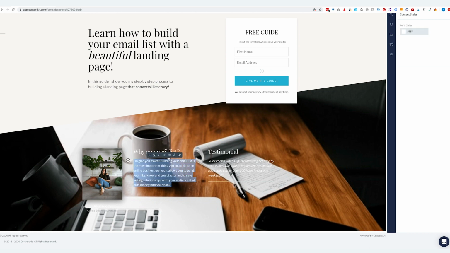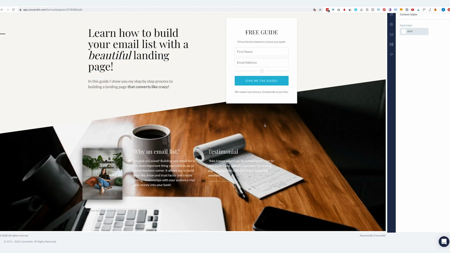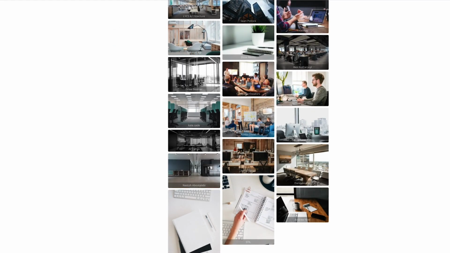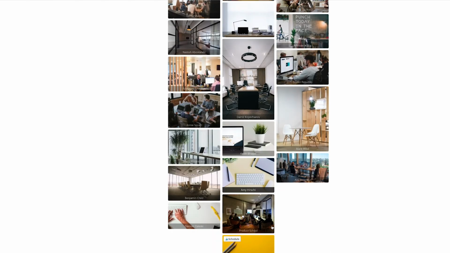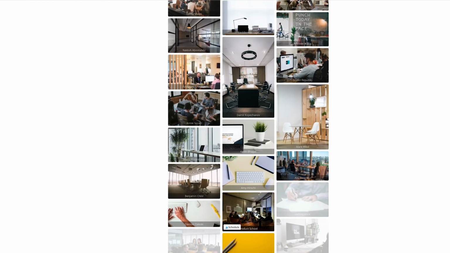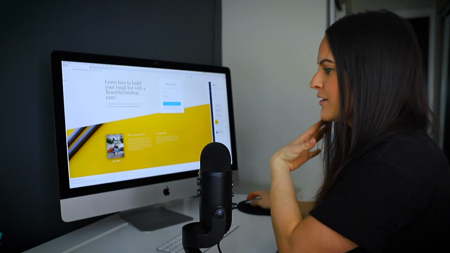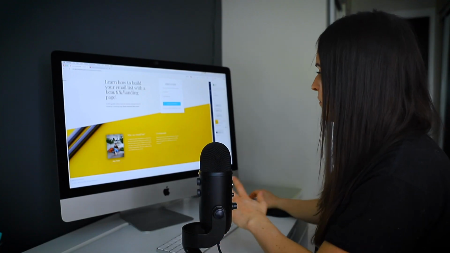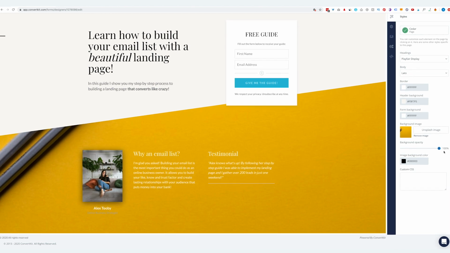So what I can do is change the color of my text, but it's still not really going to work. So instead, I'm going to go back and get a different photo. I definitely need something dark or something colorful like this. No. I don't like that either. So basically, do your thing. If you can find an image that works for you, amazing. If not, what you can also do is just change the background into a color.